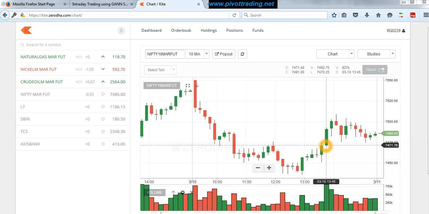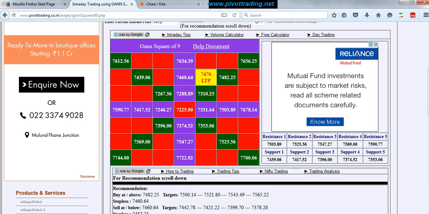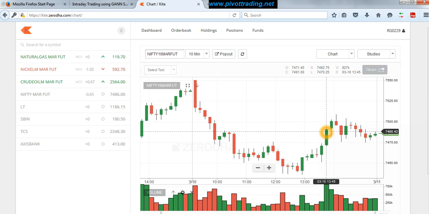Now if you go to the next candle, you see the market always moved up from there at 7470 and then it reached till 7482 somewhere in 145 candle. So a buy was triggered at 7482. Okay, now let's see what the target was. Target was 7500. So our buy was triggered somewhere at 145 or close to 145, and then our target was 7500. As you can see in the next candle, the 7500 target was achieved.